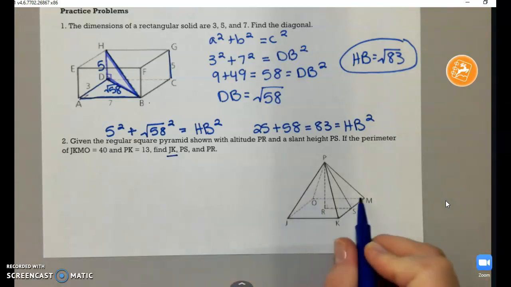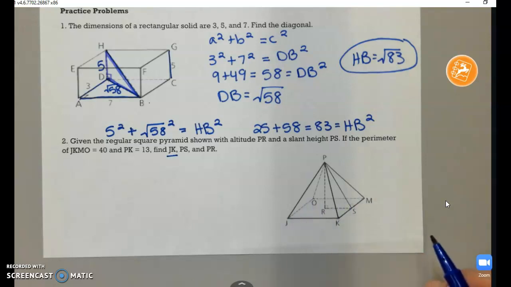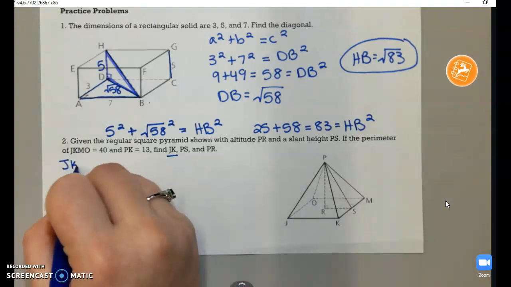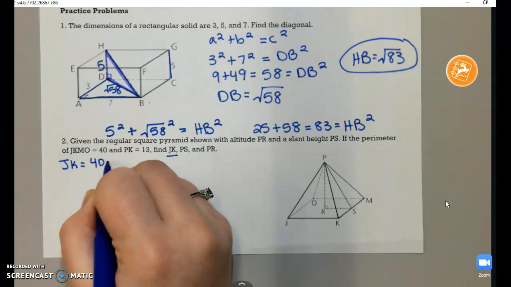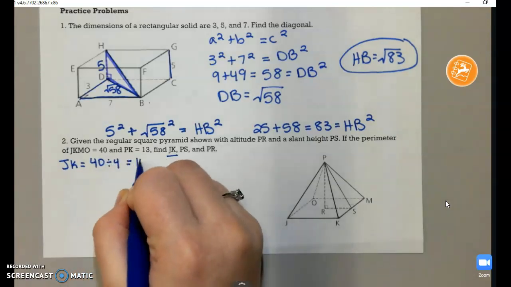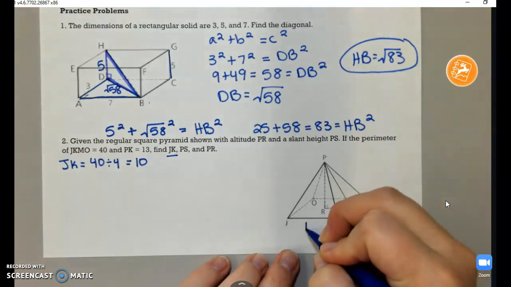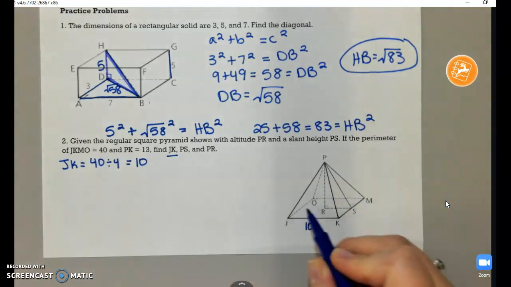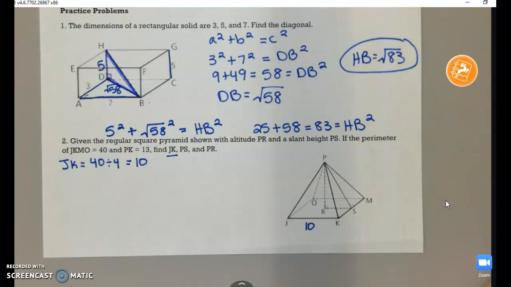JK is one of the sides of my regular square base, so that means all of these sides are congruent. And if the perimeter is 40, JK would be equivalent to 40 divided by 4. It's 1/4 of that perimeter. So JK is 10, which means all of these sides of my square base are 10, and that's going to be important to know, because next we want to find PS,